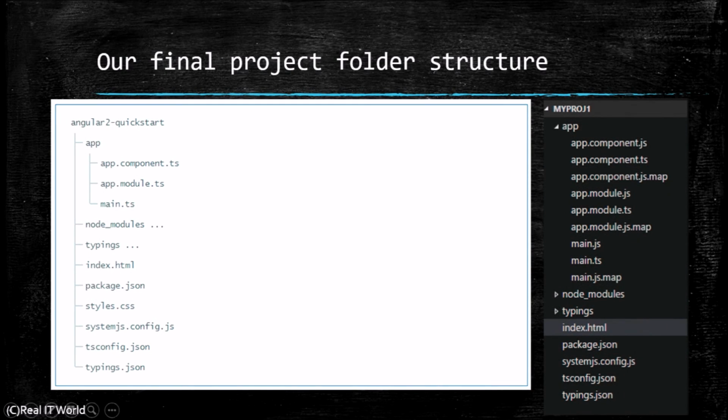So this is the final project structure, Angular 2 Kickstart. So this is the application. Whatever you want to write, your application goes here. So this is our example, my project one is our project. So this is the project structure we built. See this. For every TS file, system generated JS files. TS is just a TypeScript file. It cannot be executed inside the browser. Only JS files will be executed inside the browser. So for every TS file, a JS file will be generated.